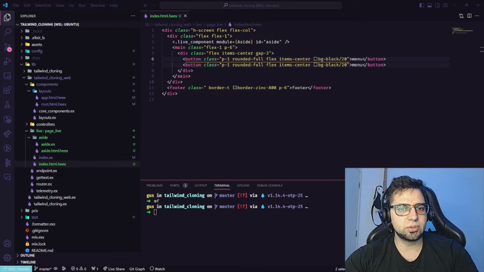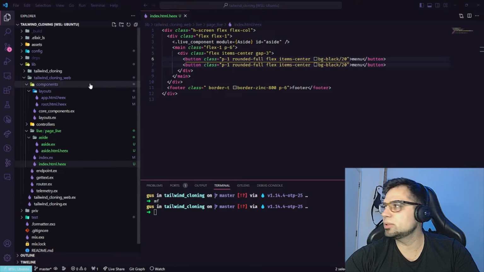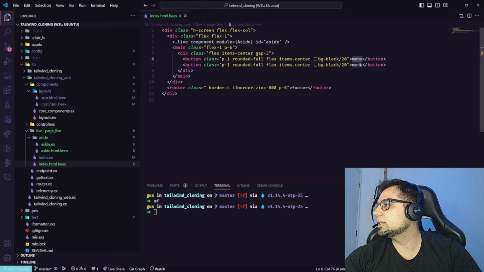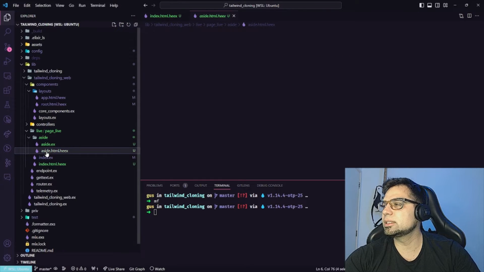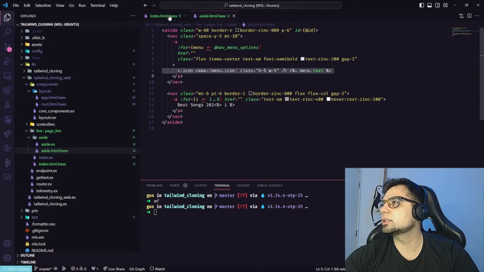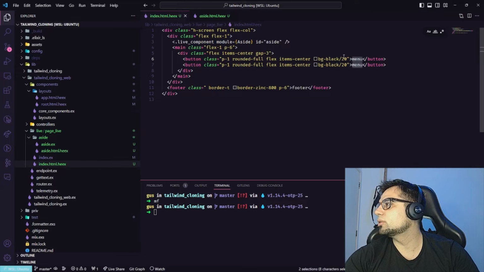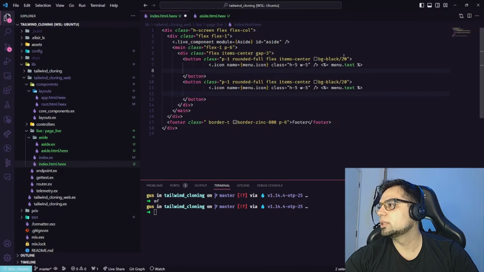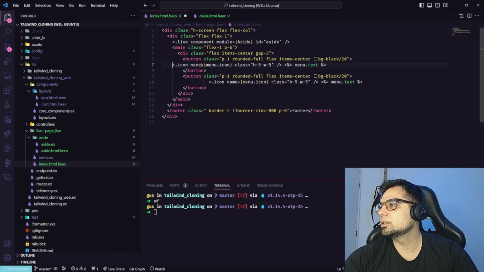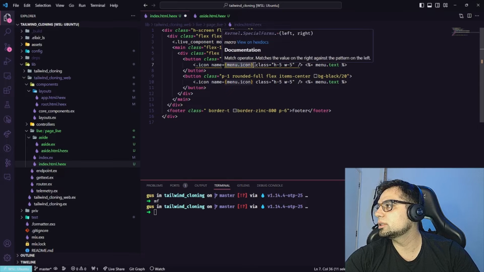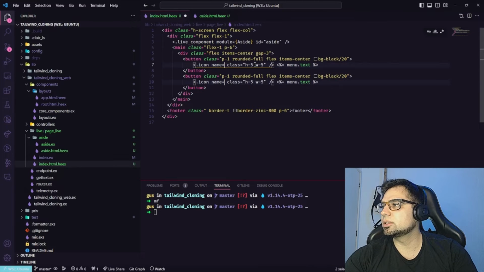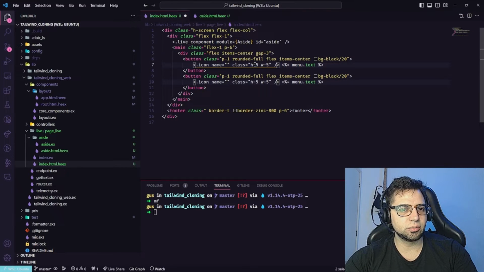And what we're gonna do is we got the menu, and right here we need an icon on both, and only the icon will be enough, but both here we can ignore, saying that the icon will be hero